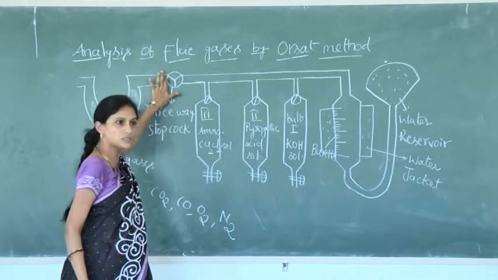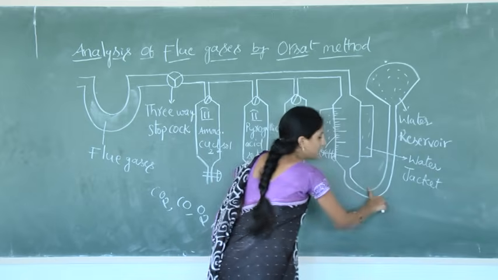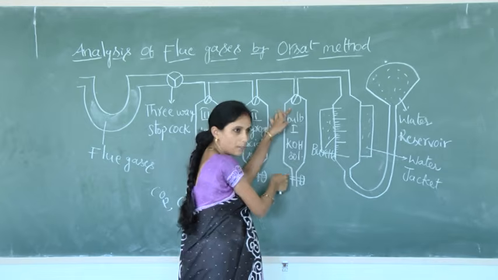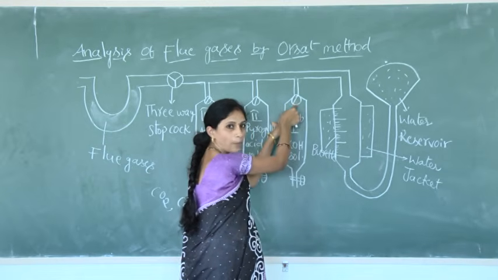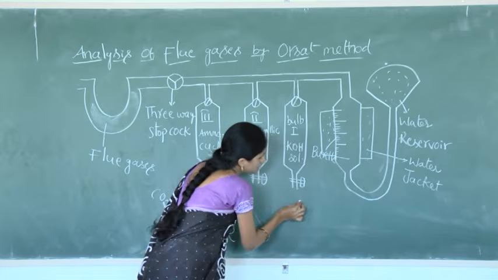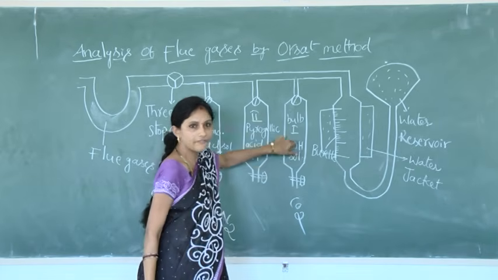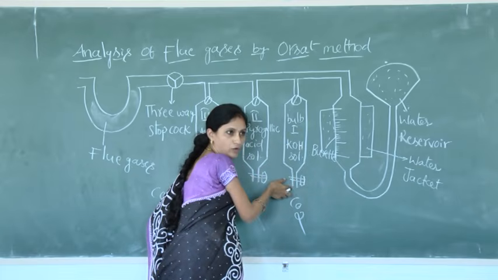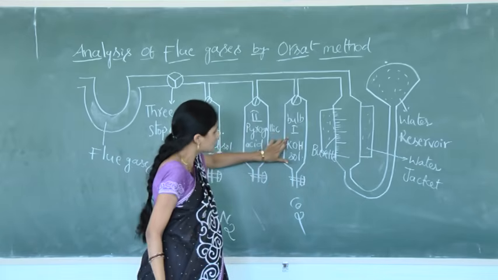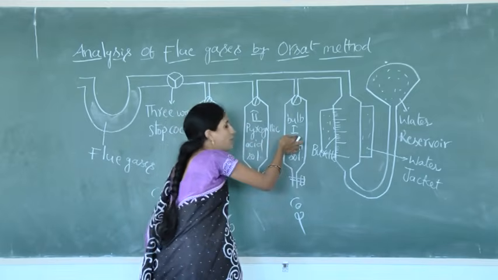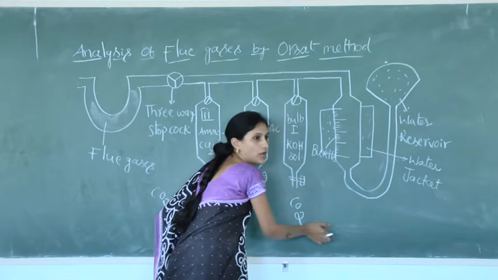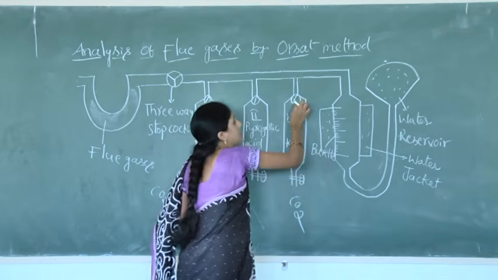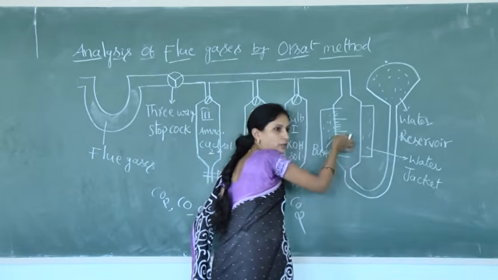Then the stopcock is closed. If we increase the water level, the gas is forced into the first absorption bulb as its stopcock is opened. Now CO2 gets absorbed in this first absorption bulb. Here we place a known amount of KOH solution. The weight of the KOH solution before absorption and after CO2 is absorbed shows an increase in the weight of the KOH bulb. Next, the unabsorbed gas will be taken back into the burette.